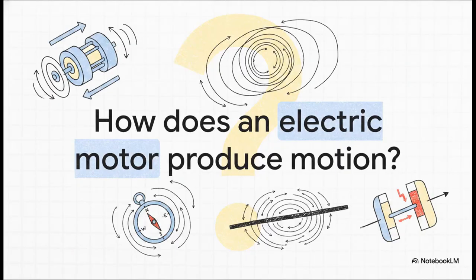To kick things off, I really want you to think about everyday electric motors, or even something as simple as a compass needle twitching when it's near a wire. Have you ever wondered how they actually produce that motion? I mean, think about it. Without any physical hands pushing or pulling, how does a spinning fan blade get its torque? That push, that invisible, magical-seeming force bridging the gap between electricity and physical movement,